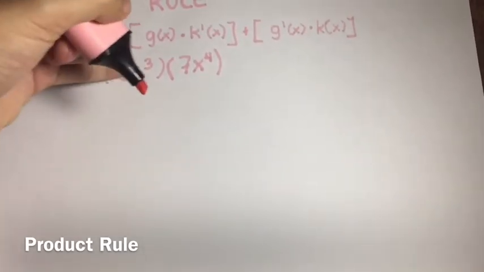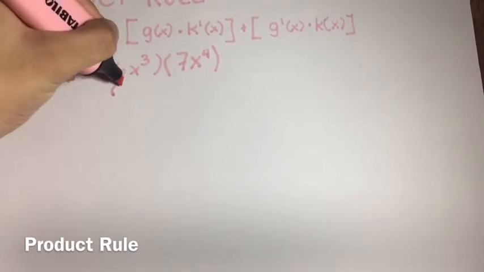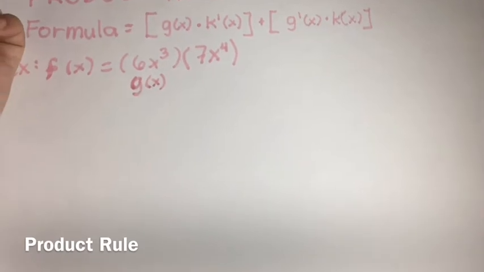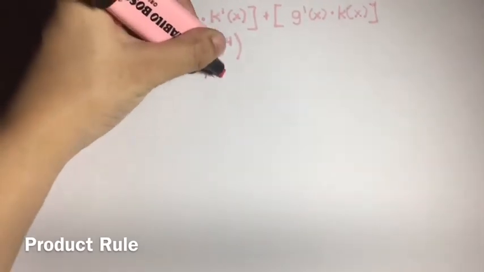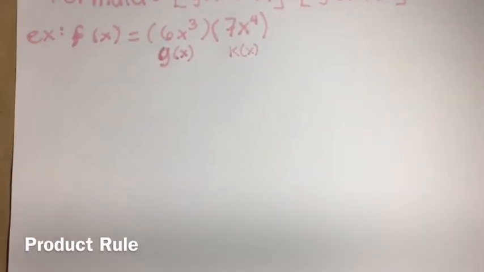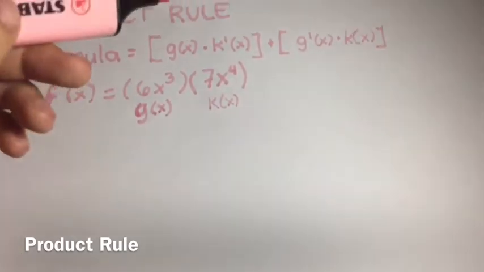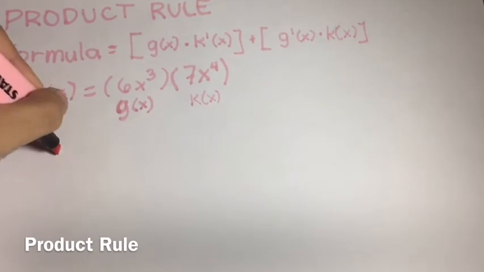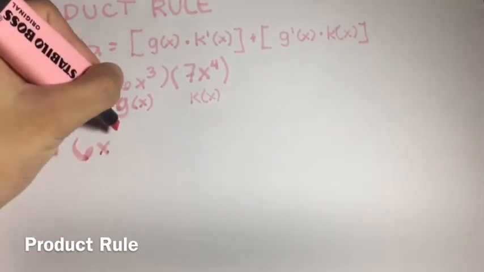Let this first function be g of x, and let this second function be k of x. Alright? So using this formula, copy g of x equals 6x cubed,